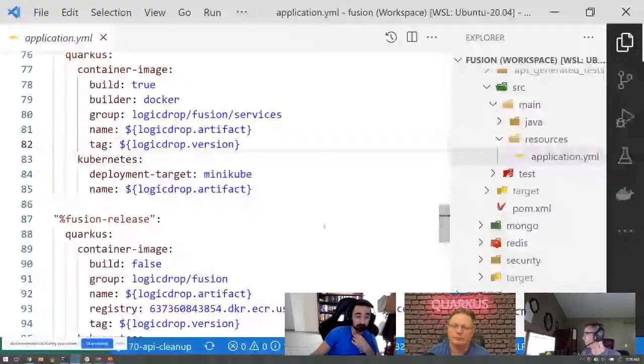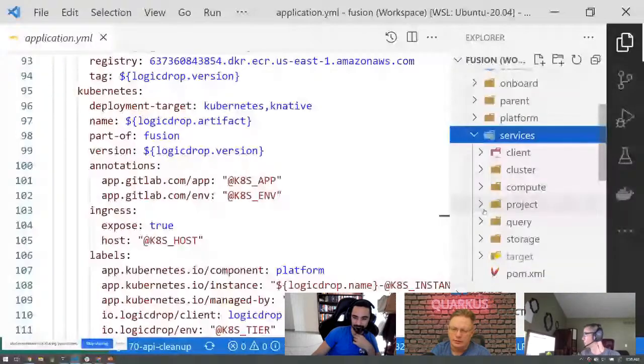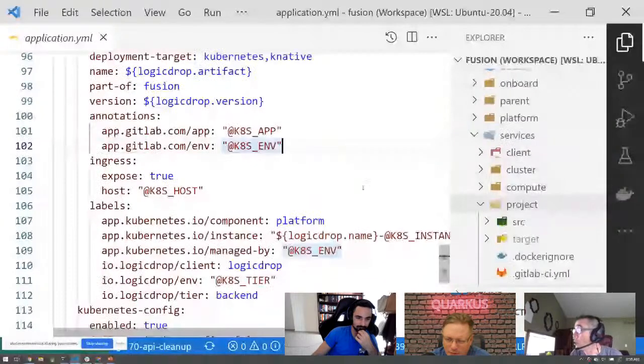If I go to an individual service, is this merging with the one we generate, or is this something else? No. So I actually generate it as is, and then when it gets to the build server, there's certain things I need to change to manage it within my environment.